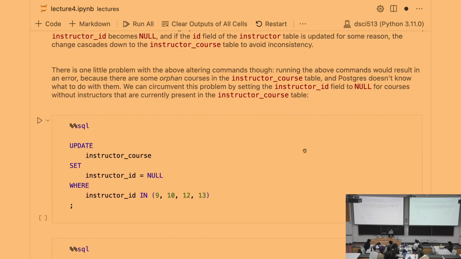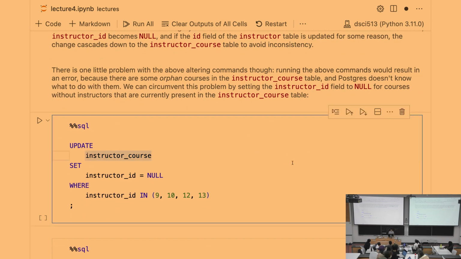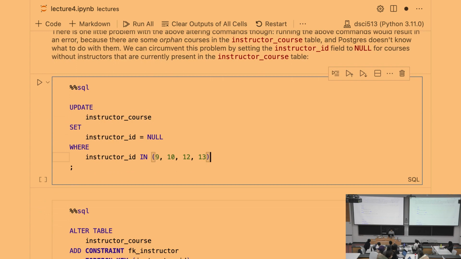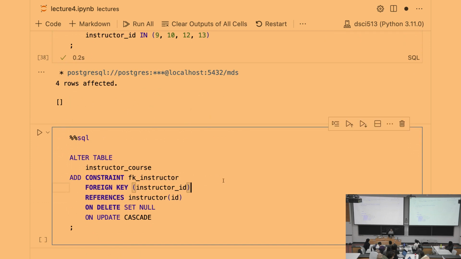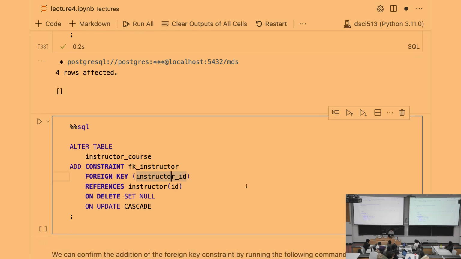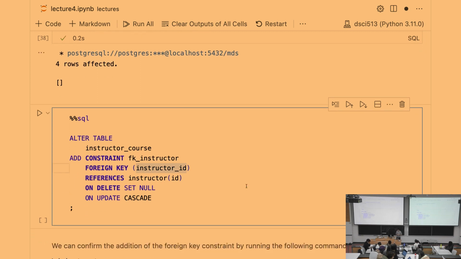Okay, one problem that we may encounter while altering a table is that, for example, if you add a constraint to an existing table, that constraint might be violated right away because some of the values don't adhere to that constraint. So in that case, let me update our instructor course table to set the instructor ID to null for particular instructors, just a change. And then now, because I add this foreign key constraint in my instructor course table, this right now wouldn't work